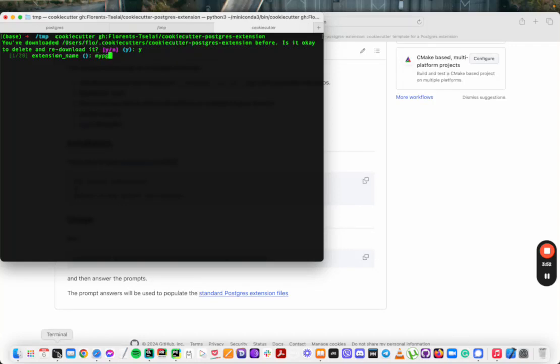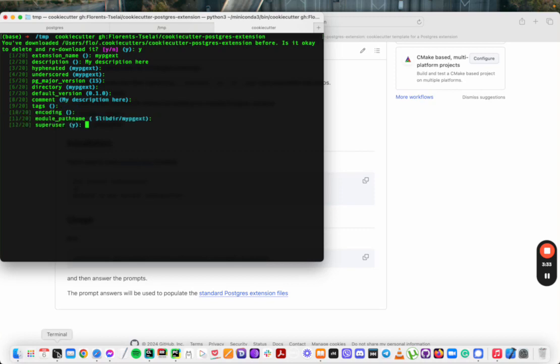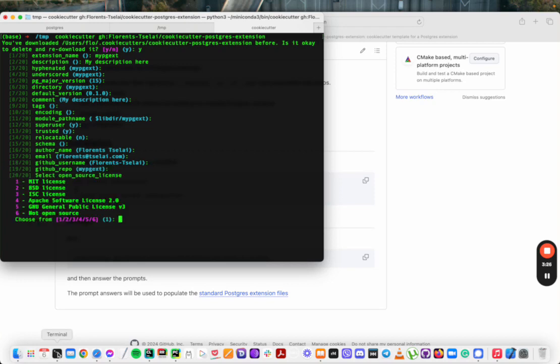So let's start by setting this as an extension name, my description here, and then most of the other options have sane defaults. So you can choose your Postgres major version that you're targeting, and some other metadata used for the control file. I'll use the defaults here. You can change your name, your email, and even choose an open source license. Now this in turn has created